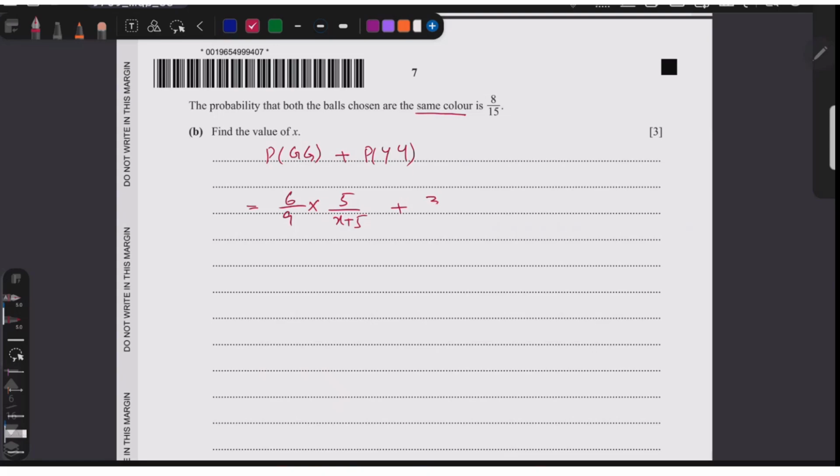For yellow, yellow, and given that the probability of same color ball is 8 over 15,